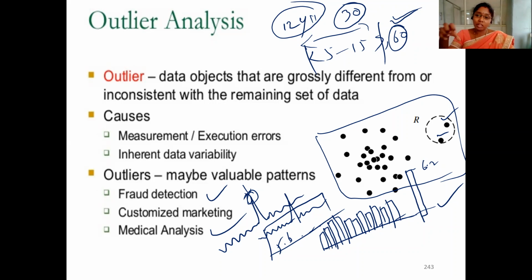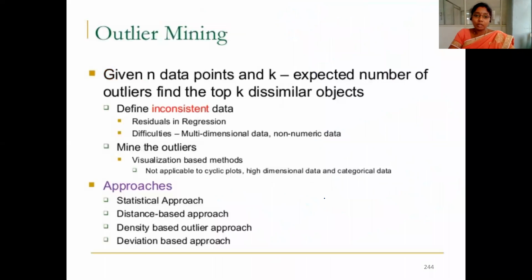If at all that outlier is useful, you can use it. If at all it is not useful for our data, you can eliminate that outlier. You can remove that outlier. Those useless outliers are referred to as noise. If at all they are useful, they can be referred to as a useful outlier. So for that,